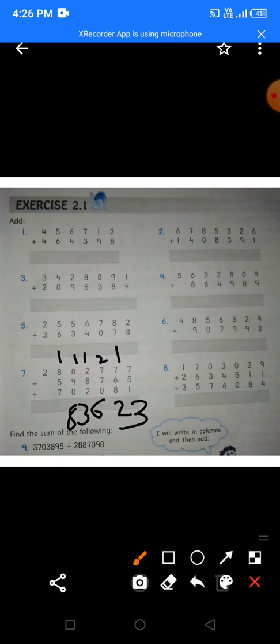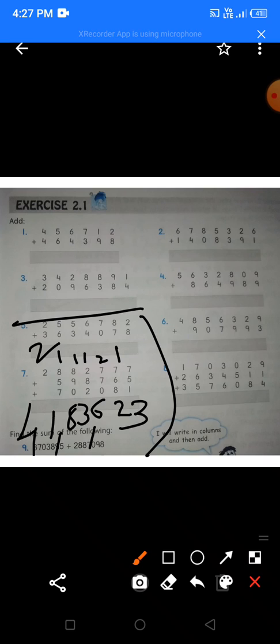Again you will add the same way. 9. 9 plus 5 is 14. 14 plus 7 is 21. Again I will write here 1 and I will carry 2. 2 plus 2 is 4. So this is my answer. That is nothing but 41,83,623. Now children, I have written this way, but you will write it properly one below the another.